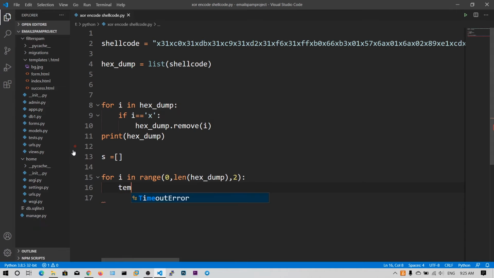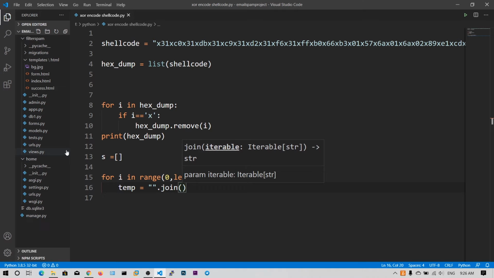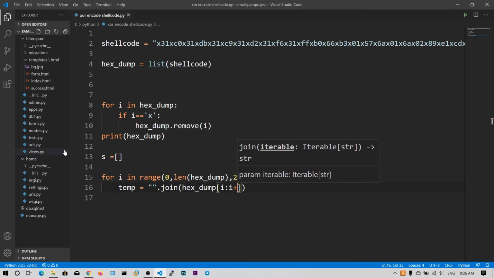So let's say temp is equal to, I'm going to use the join method. This join will join the two characters specified in the argument. So hex dump of i colon i plus 2.